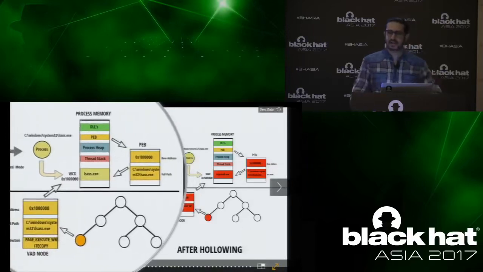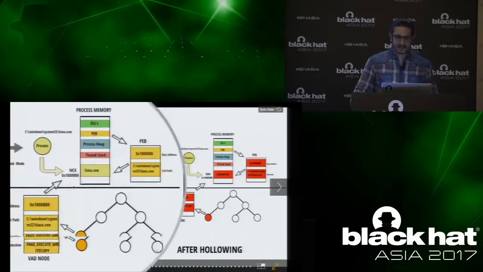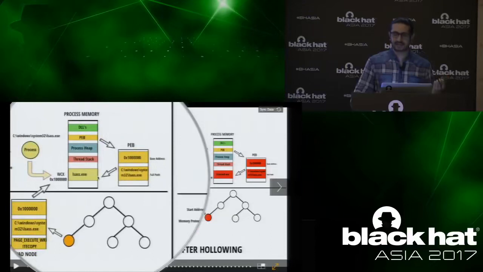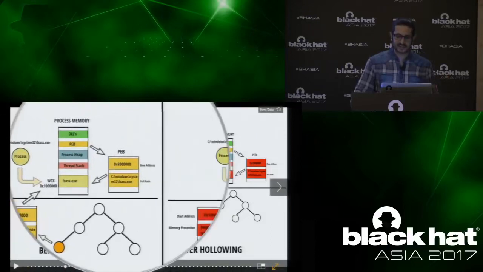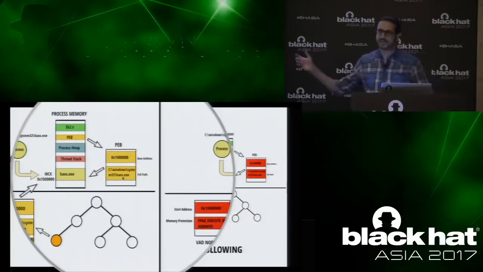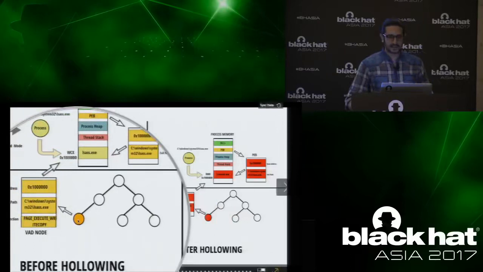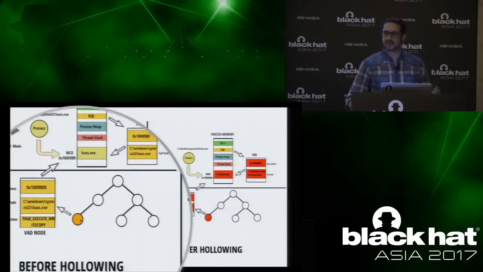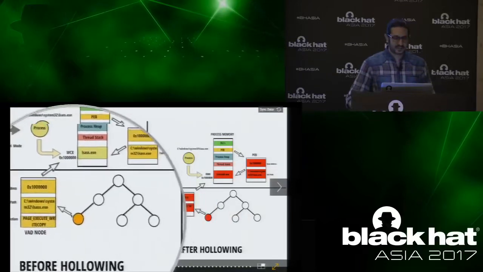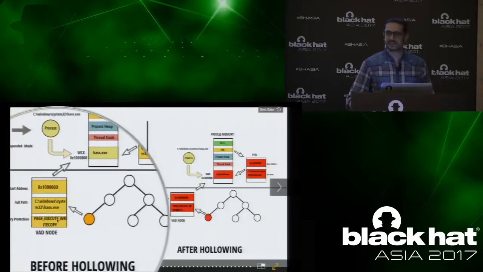And because it was normally loaded, it has a memory protection of write copy execute, WCX. And the PEB structure, like I said, contains information about where lsas.exe is loaded. In this case, it is telling lsas.exe was loaded at this address, and this is the full path to lsas.exe. And also, there is a corresponding node in the kernel, in the VAD tree structure, which represents this section of memory. Here it is telling that lsas.exe is loaded at this address, and the memory protection is write copy.